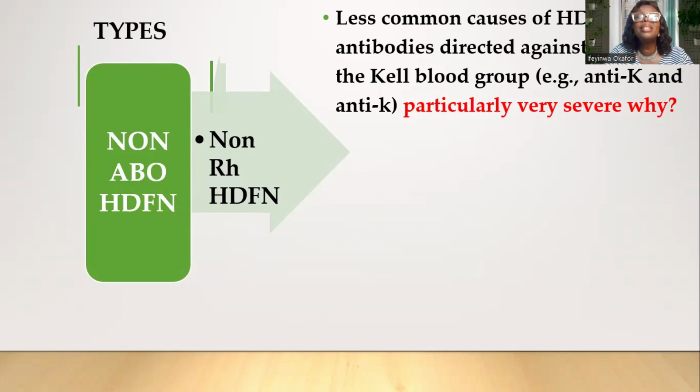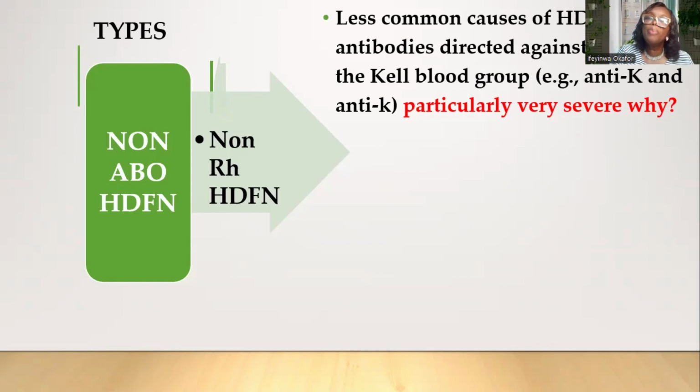This is because these antibodies not only cause hemolysis and destroy red blood cells, they also target progenitor red cells, because K antigens are found both on the mature red blood cell membrane and on the surfaces of progenitor red blood cells. When there is incompatibility between the mother and the child, the antibodies formed in the mother will destroy both the mature red cells and the young red cells. So they end up causing hemolysis